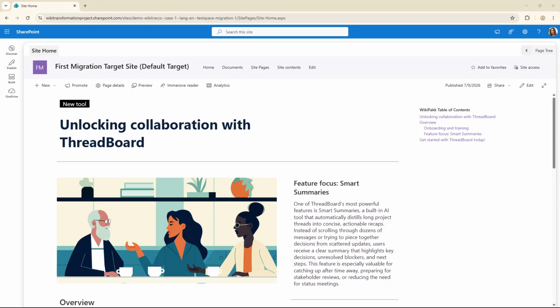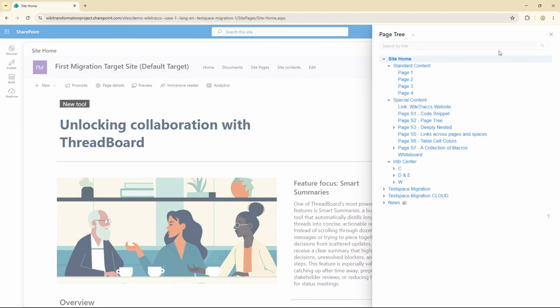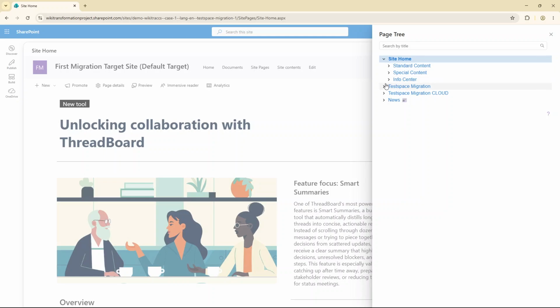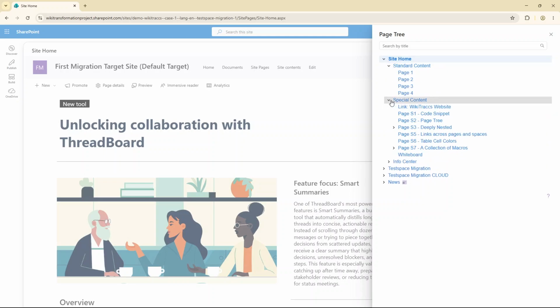WikiPakk is already installed here. You've got the breadcrumb bar at the top. You've got the page tree button, and when expanding that, you can see your pages. In this case, it's the home page, and it has 3 children: standard content, special content, info center. And let's just say we want to move over everything from the special content parent node to the standard content